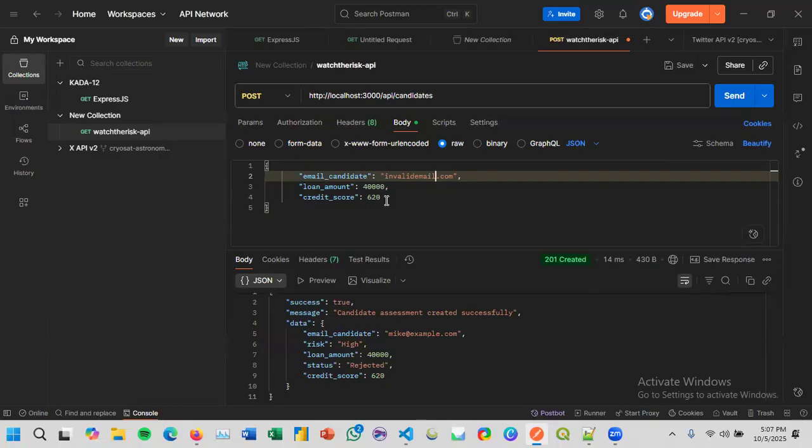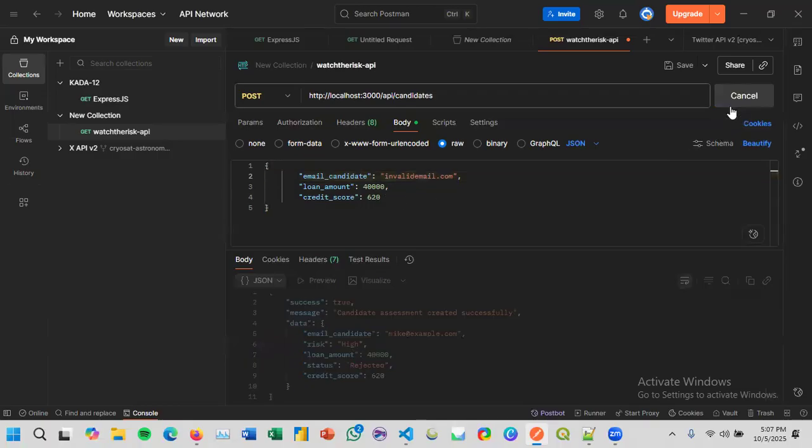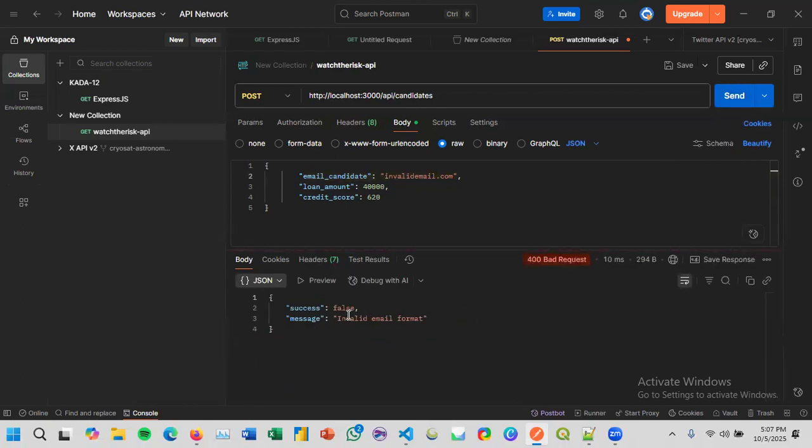We just keep the credit score and loan amount. We press the post method, and it will return invalid email format and also 400 bad request.